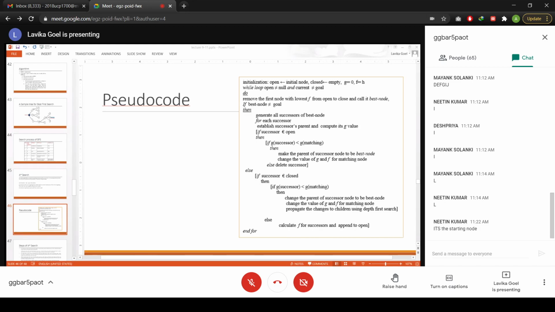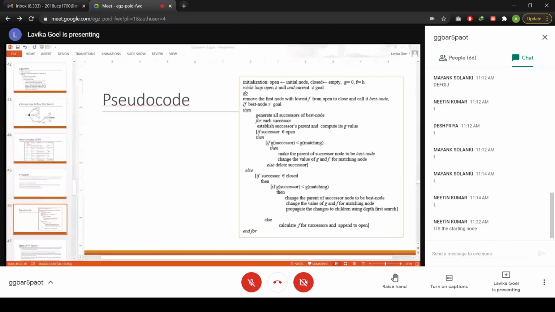If it is a duplicate node, that successor will either belong to the open list or the closed list, right? So only two conditions are possible. If that successor has got children also, it will belong to the closed list. If that successor was only a generated node but not an expanded node, it will not have any children, so it will belong to the open list, right?